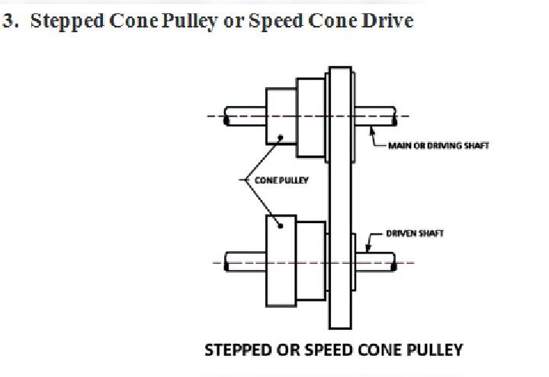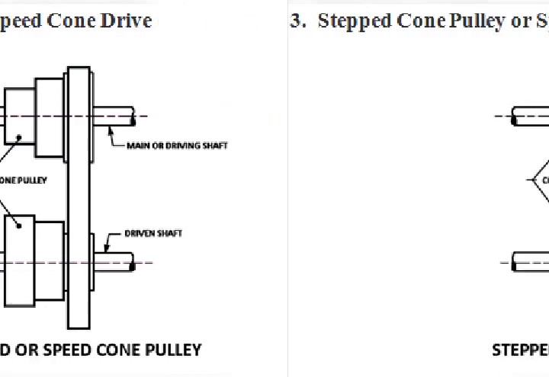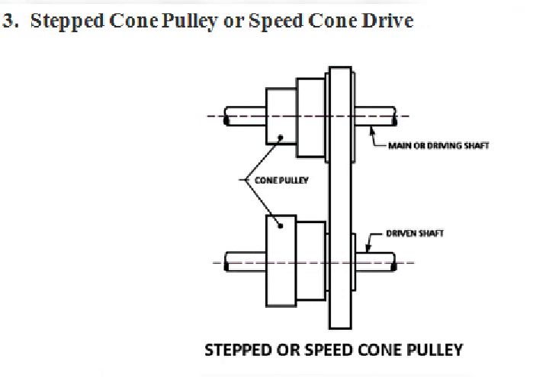One set of stepped cone pulleys is mounted in reverse on the driver and driven shafts, and an endless belt will be wrapped around one pair of pulleys, because here it is possible to place it sidewise. So an endless belt can be used. By shifting the belt from one pair of pulleys to the other, the speed of the driven shaft can be varied. The diameters of the driving and driven pulleys are such that the same belt will operate when shifted to a different pair of pulleys. These are the advantages of a stepped cone pulley.